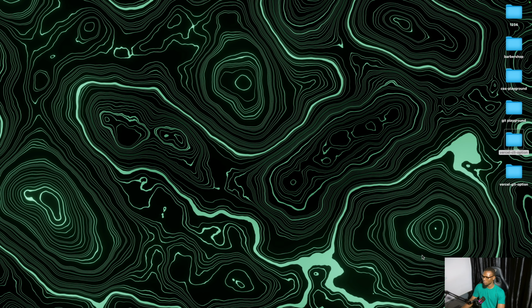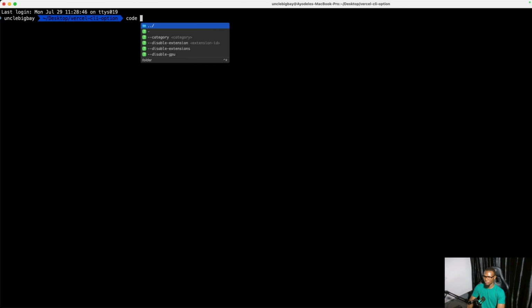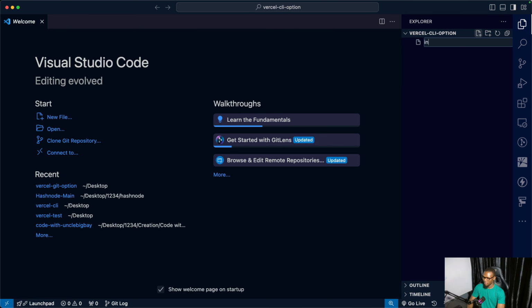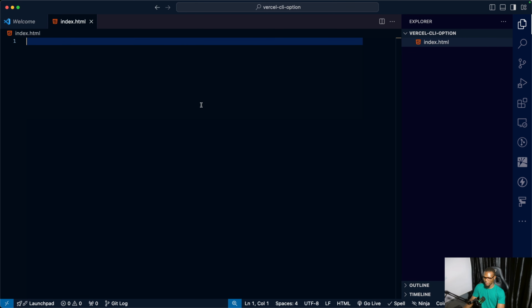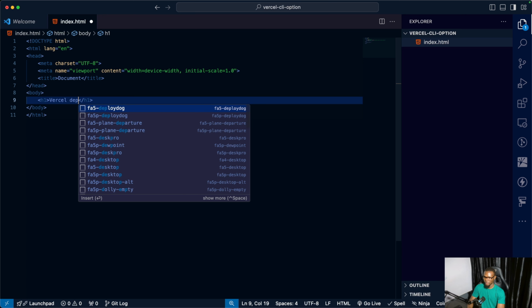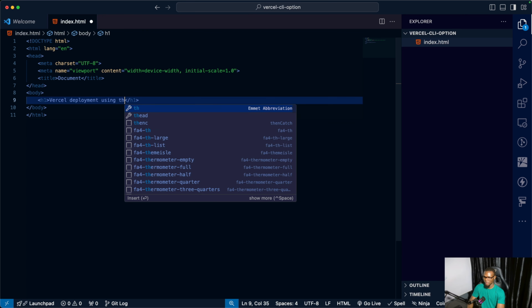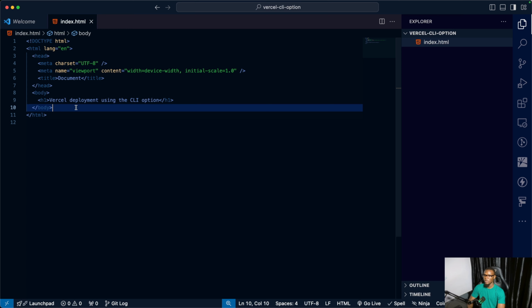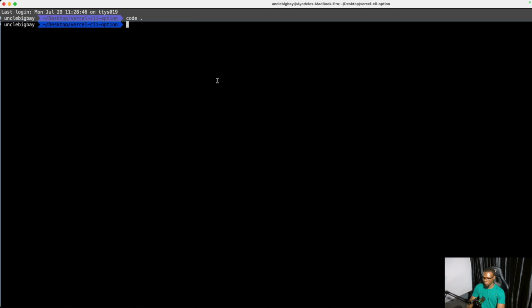With this, I can open this in my VS Code like this and create an index.html, and then I can bring out my boilerplate. I can do h1, Vercel deployment using the CLI option, like this. So this is going to be our first content, and going back to our terminal now, we can now run